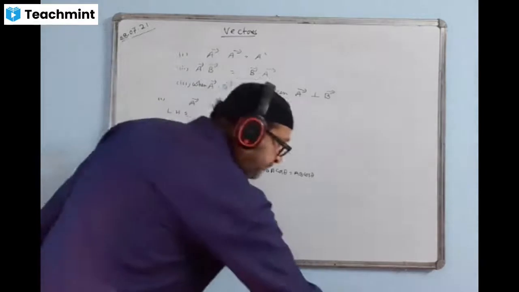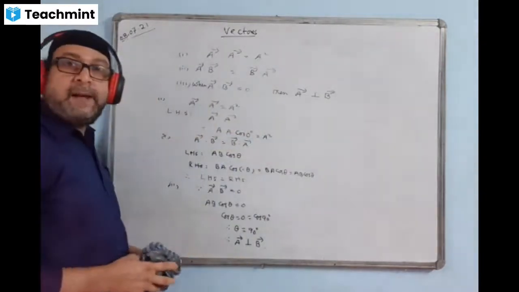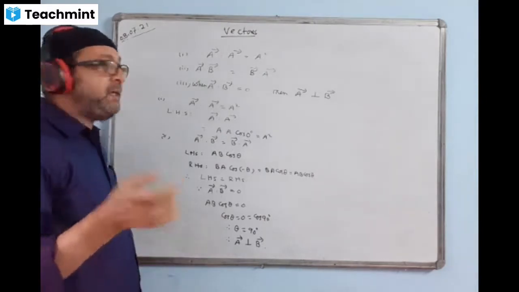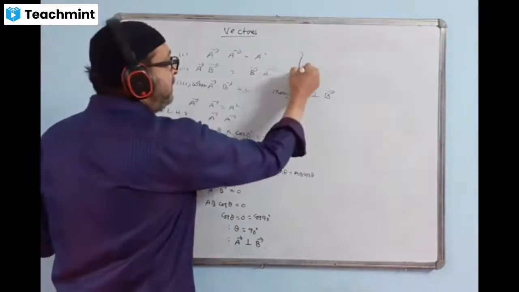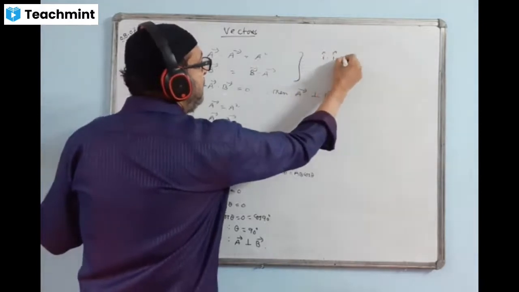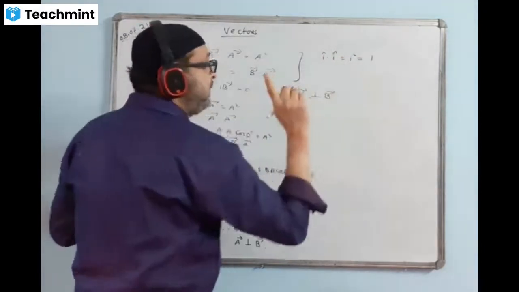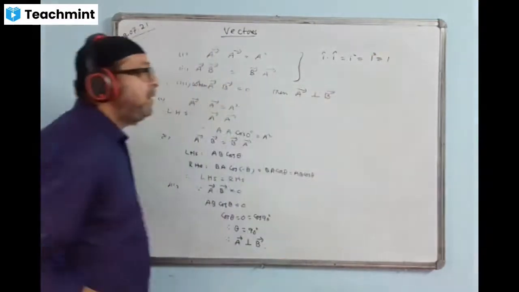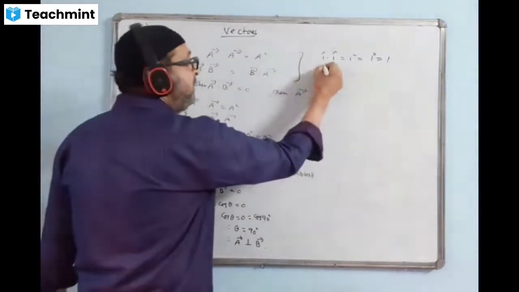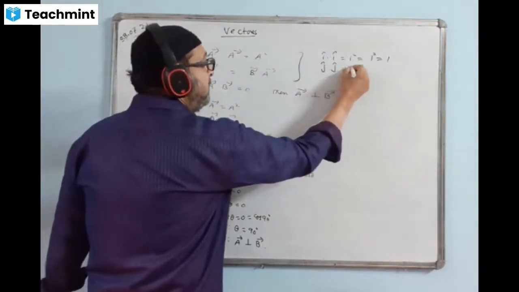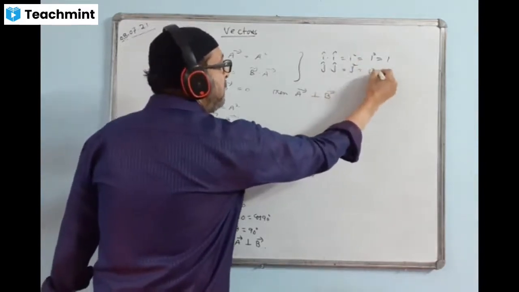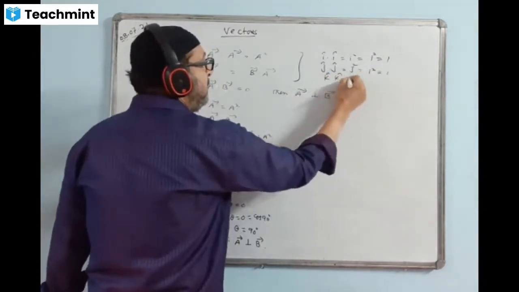Okay, now let us apply the dot product for unit vectors in the coordinate plane, that is in terms of i, j, k. So now I'll apply it here. A dot A is equal to A square. I'll write i dot i will be equal to i square, and the i magnitude is 1. So I'll write 1 square, that is 1. So i dot i value will become 1. Same way, j dot j will become j square, only magnitude, 1 square is 1. Same way k dot k will also come 1.